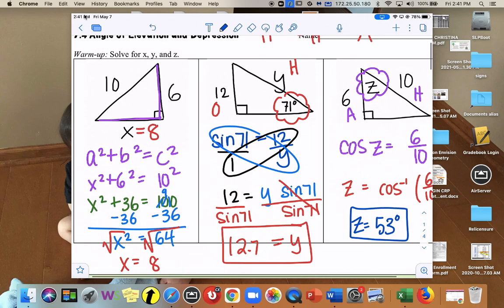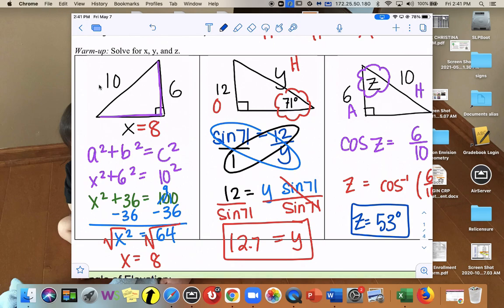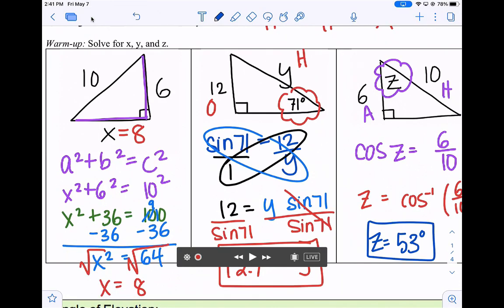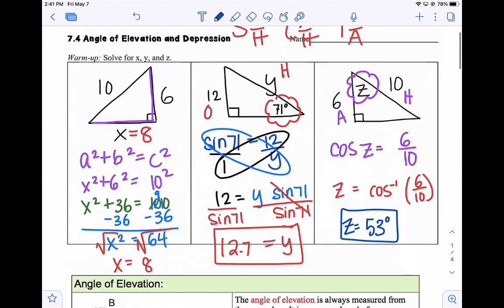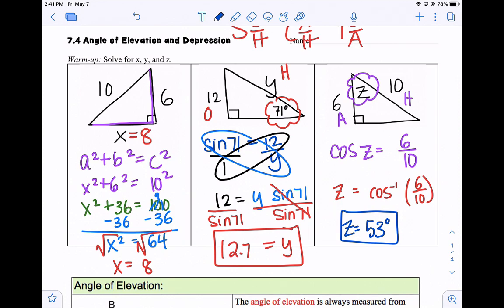All right, so we've done an example of each: Pythagorean theorem, solving for a side using trig, and solving for an angle using trig. And so today really is day one of review. We will review also on Thursday too, before your test on Friday, your quiz. It's going to be a smaller test. But before we do that, there's some vocabulary that goes with this section, and one of the terms is called